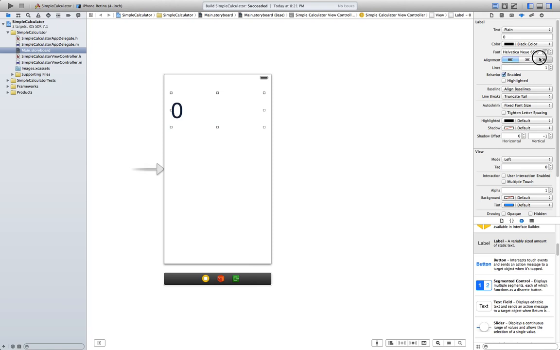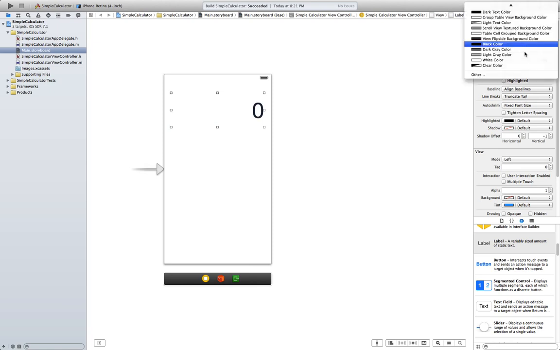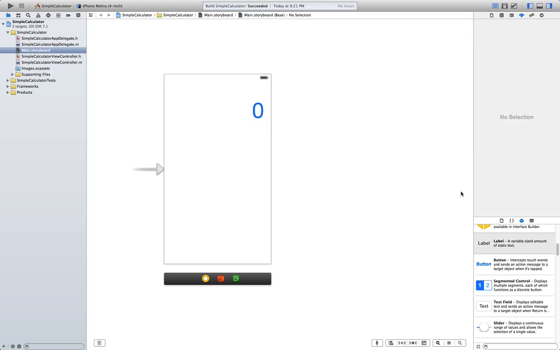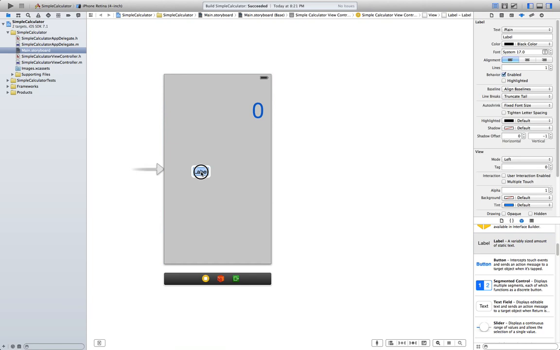0 here. And instead of using a black color, let's use some blue because it's more vivid, it's nicer to look at. Now let's use a little trick. We're going to create a sort of background, so just delete the text of this.